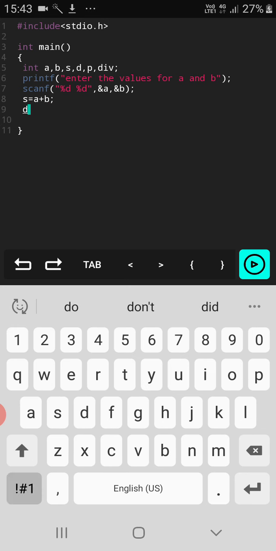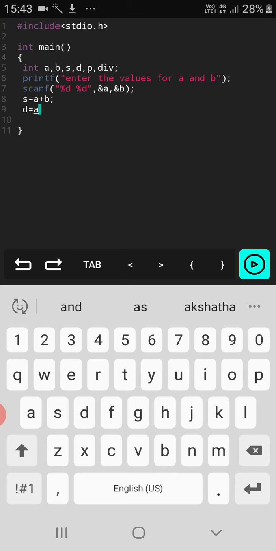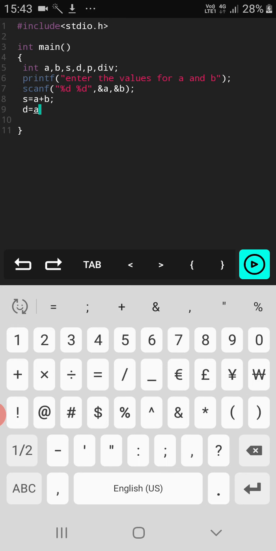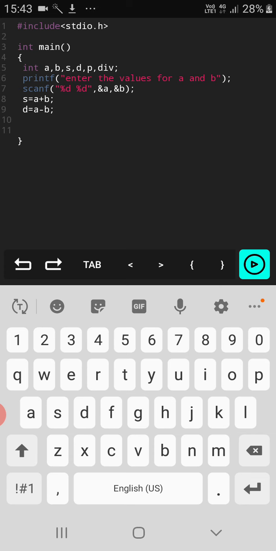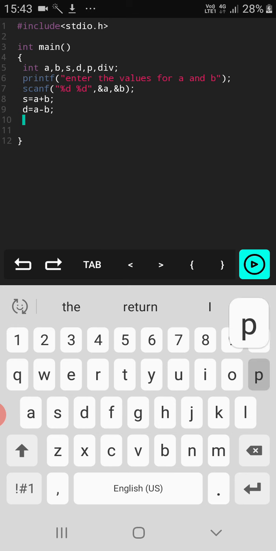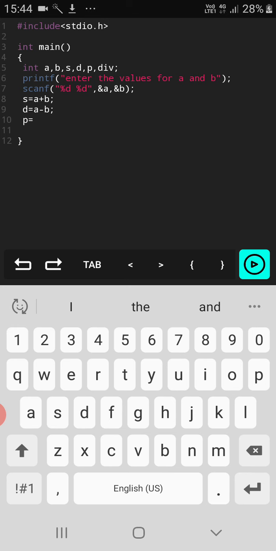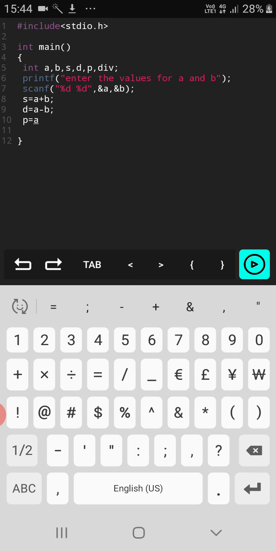Then the next one is we need to find out the difference of a particular number. So I've defined D is equal to A minus B. In order to store the result of the multiplication we are going to make use of the variable P. So P equal to A multiplied.